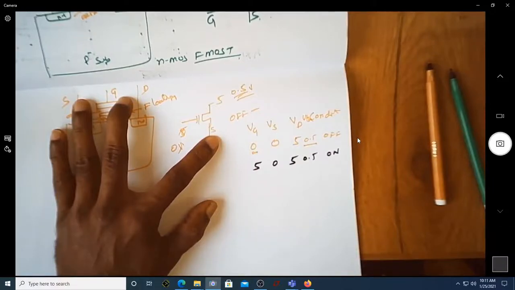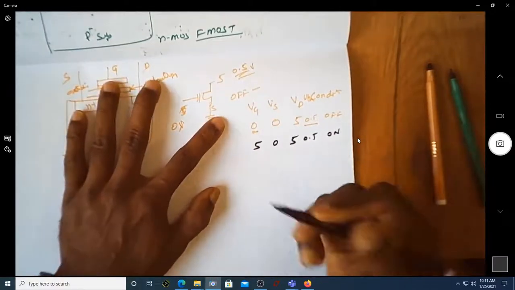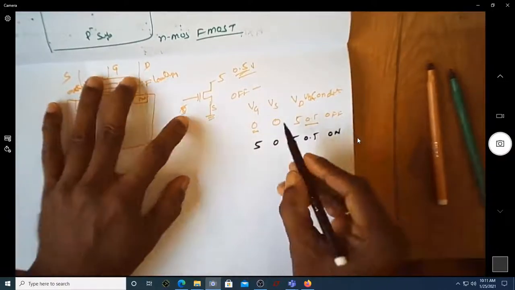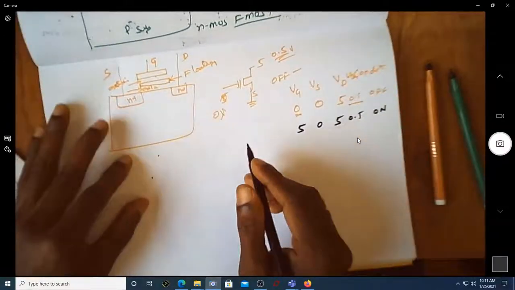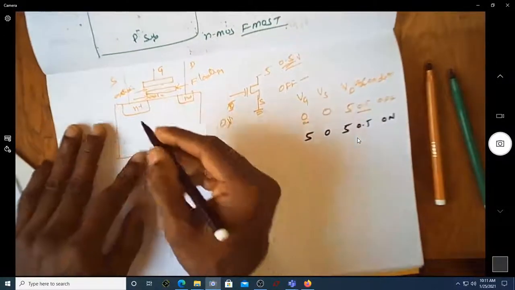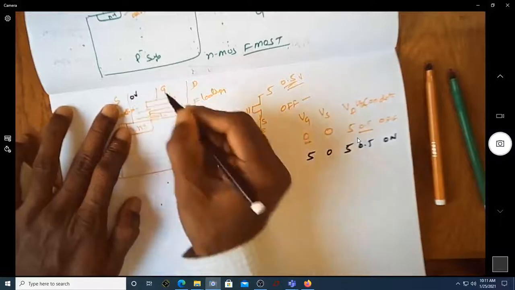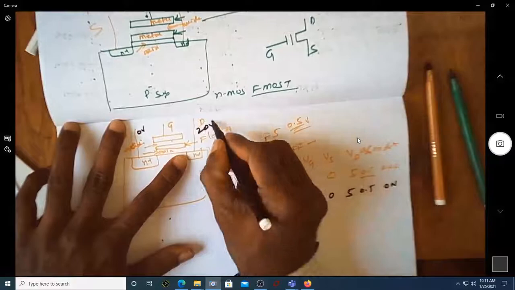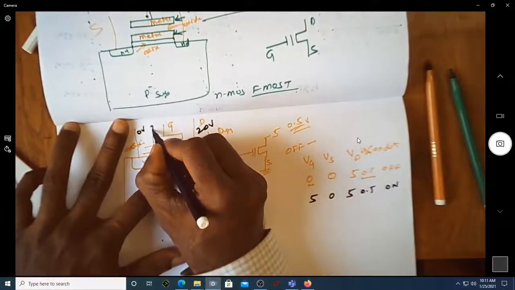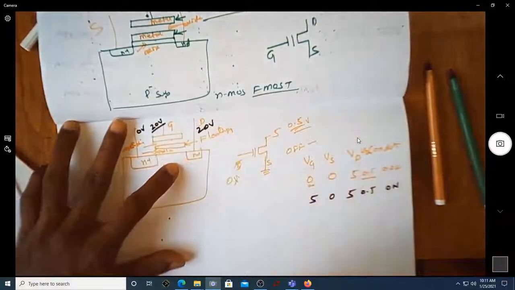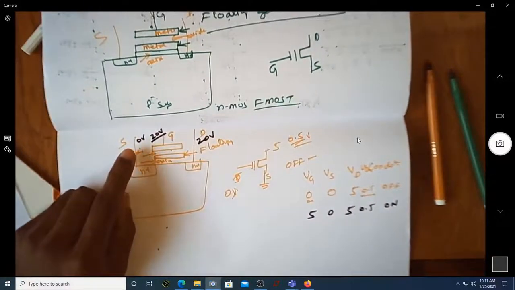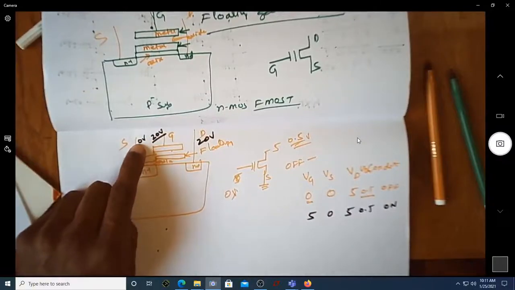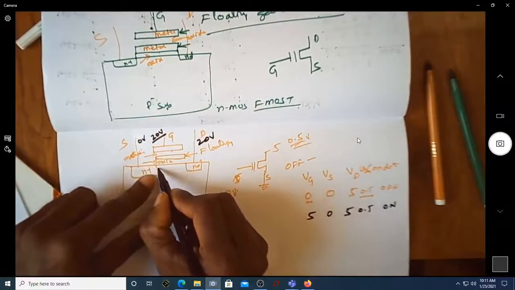Now we will apply the input voltage differently. Instead of applying 0 to 5 volt, because of this floating gate structure, we first apply 0 volt at the source and around 20 volt, a large voltage, to the drain. Let us also apply 20 volt to this gate. You can see the difference now: you have applied 20 volt at the gate and 0 volt at the source, so VGS is 20 volt, and the electron channel is created.